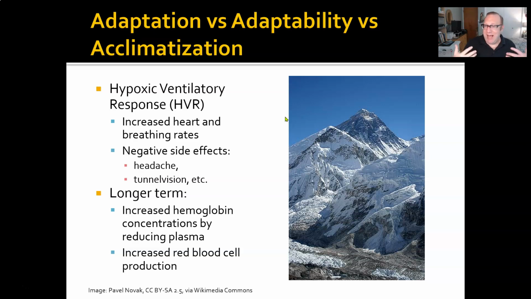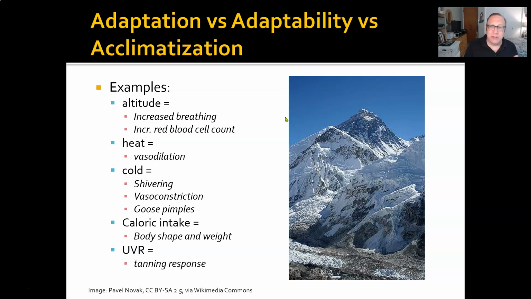So our bodies have this ability to temporarily change our physiology so that we can accommodate these environments we find ourselves in. Altitude, of course, is one form of acclimatization. Heat, vasodilation, the fact that the blood vessels in the outer parts of your body relax and open up when you are hot so that you can release more of your core body heat